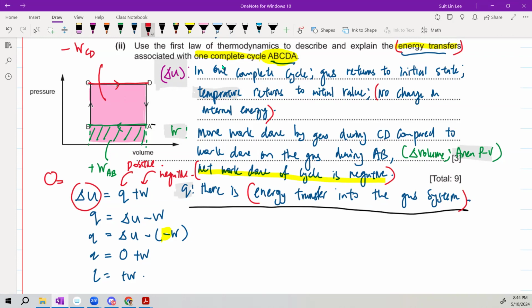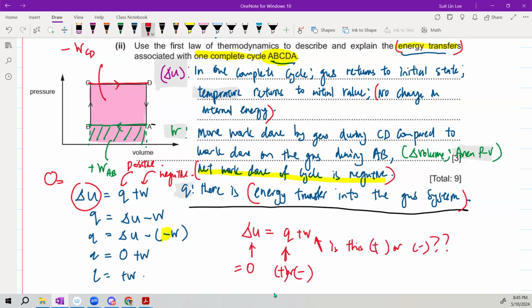Some students may not think to compare the work done, but when they write this equation, immediately what should come to mind is, if this delta U is 0, and I want to know whether this is positive or negative, because that will tell me whether the energy is transferred into or out of the system, then I probably need to know, is this positive or negative? Then I look at the graph,